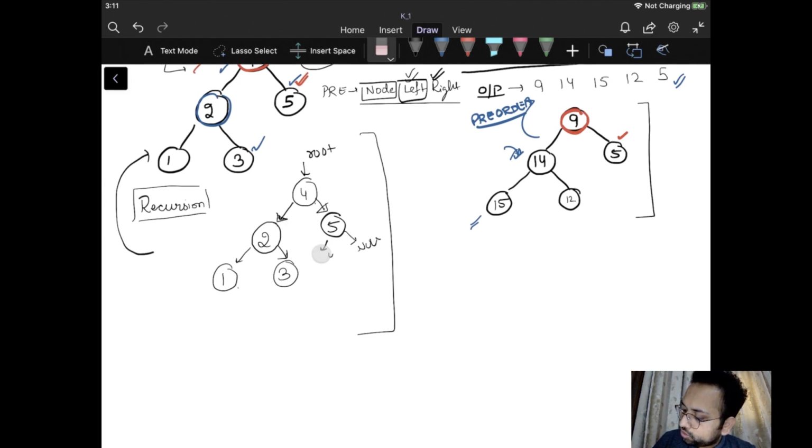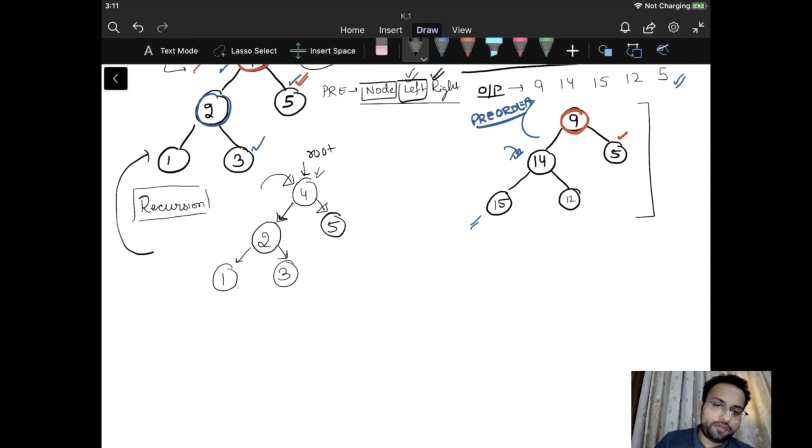Right, so we have this tree now. I'll just remove the nodes that do not exist. You can easily figure out in this case that if I want to update the root node, how can I update it? In BST, I know one thing, that the left tree contains every node which is less than the current node. So every node in the left part is less than the root node. Every node in the right part is greater than or equal to the root node. This is what we have in our BST.